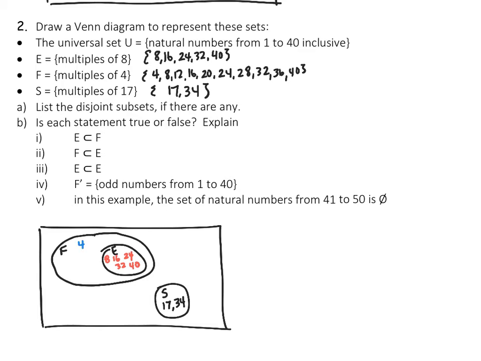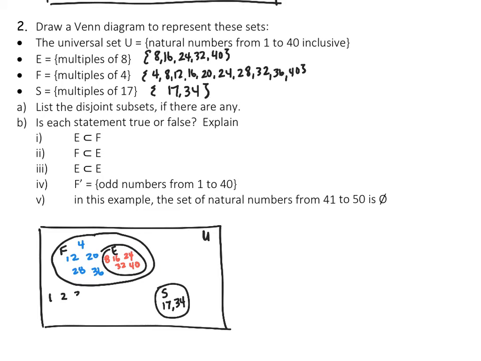So 4, 8 is already in there. 12, 16 is inside. 20, 24 is inside. 28, 32 is inside. And 36 and 40 is outside. And then out here in the universal set would be all numbers not listed yet. So that will be